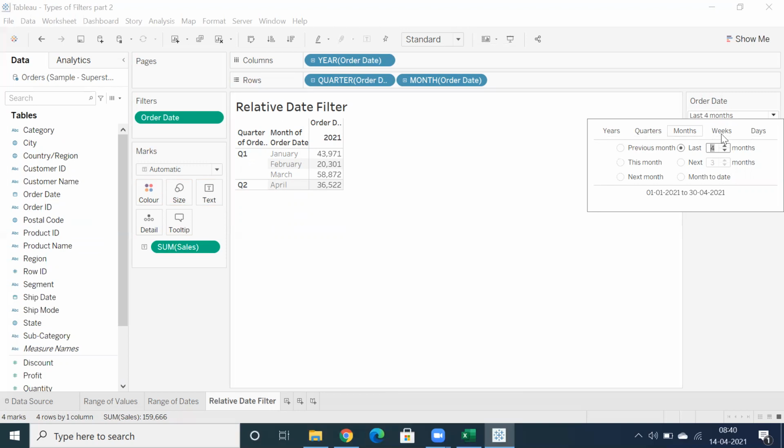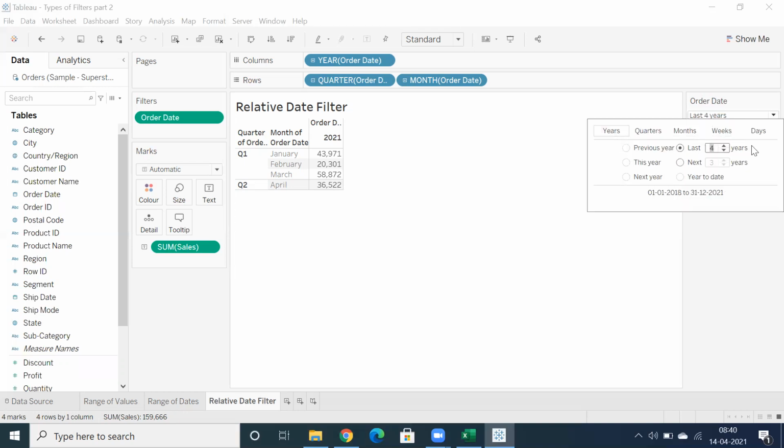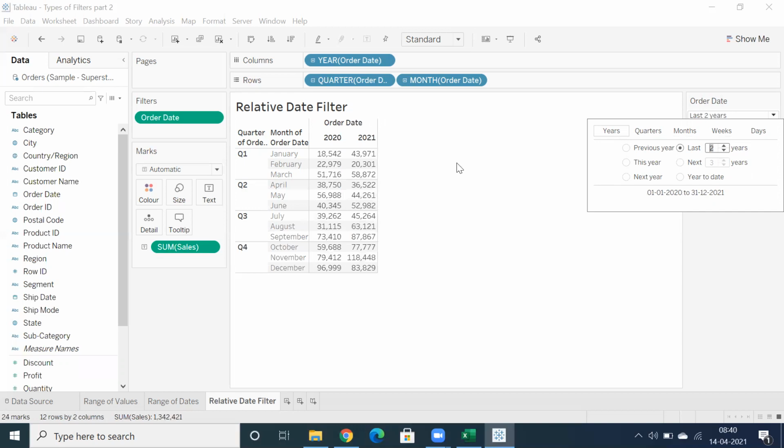So with one single filter, you can select a particular year or the last few years or previous month or previous year. But one option you don't find here: let's say you want to display 2020 and 2021, that is the last 2 years of sales, correct? But if I want to display 2019 and 2020, how can we display it?